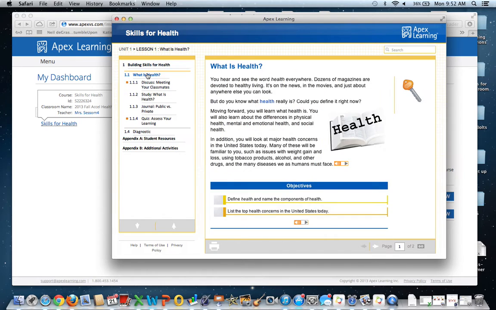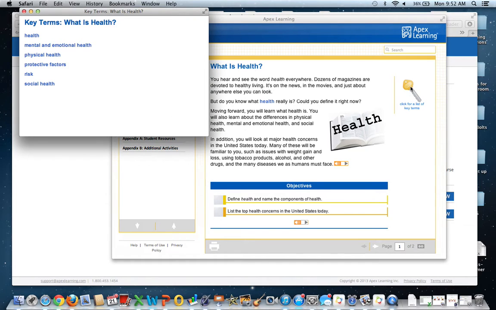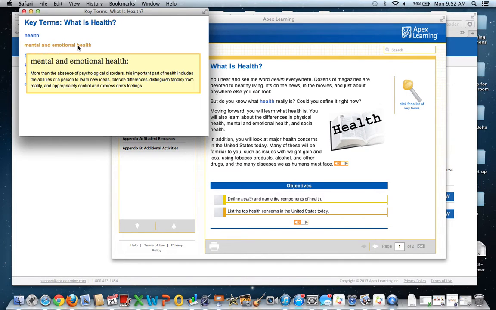So we'll start here with what is health. And again, it gives you another page to look at, information about the course. Here's the microphone again to have the text read aloud. In the right-hand corner, you'll periodically see different icons. This icon, the key, you'll see throughout your course, and it's a list of key terms. If you click on it, the key terms for the course will come up, and if you hover over it,